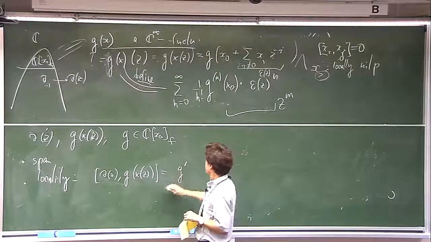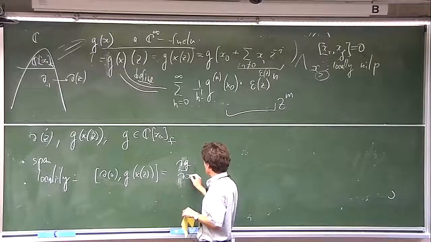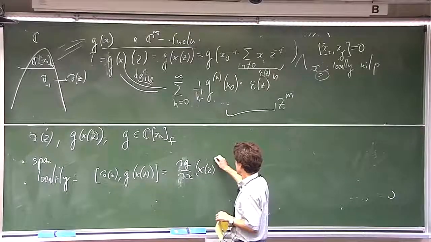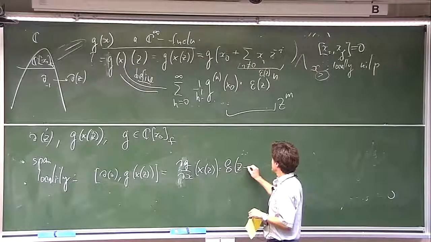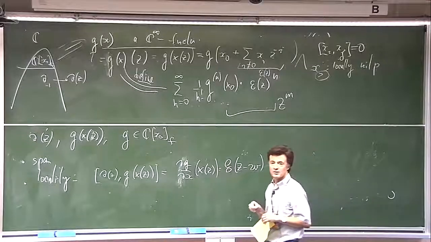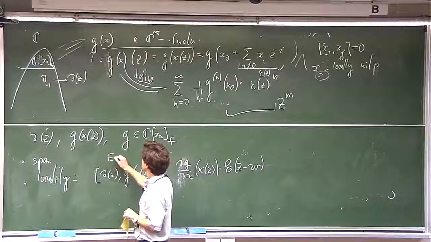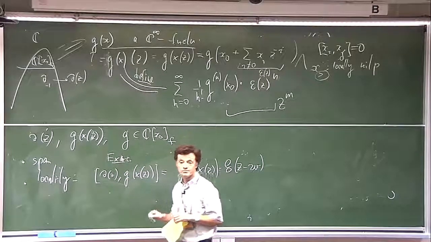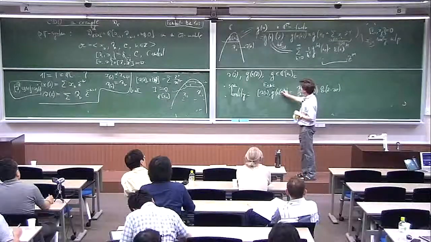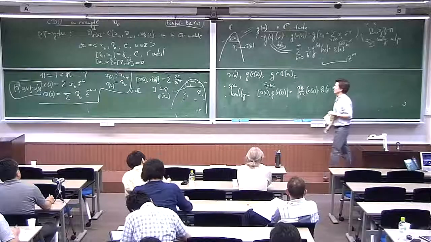G prime, like dx. G is a function of one variable, differentiate it. Make the substitution and multiply by the delta function. That's the result. So that's an exercise. So the reason is,